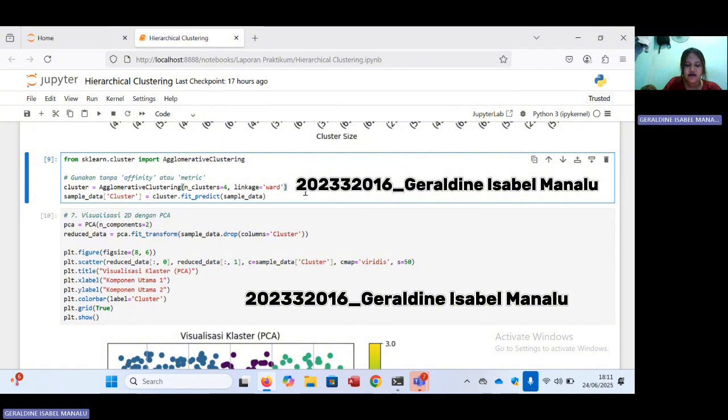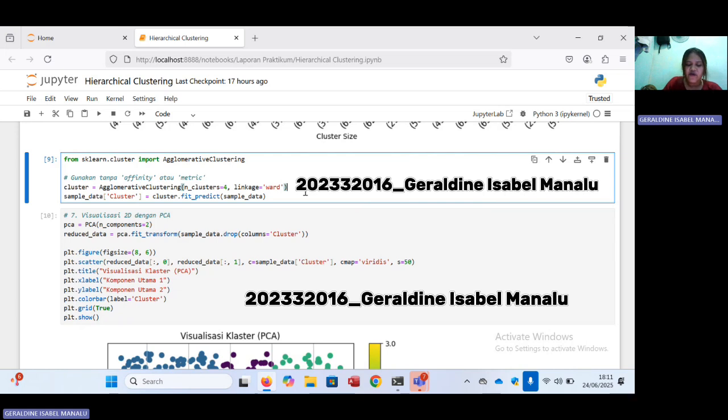Here, the agglomerative clustering object is created to form four clusters, n_clusters=4, with the Ward linkage method, which minimizes the sum of the variance in each cluster. The affinity or metric parameter doesn't need to be specified explicitly because it automatically uses Euclidean distance.